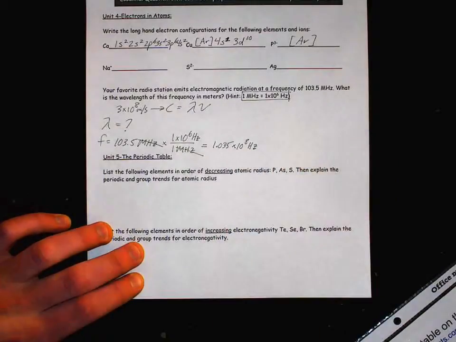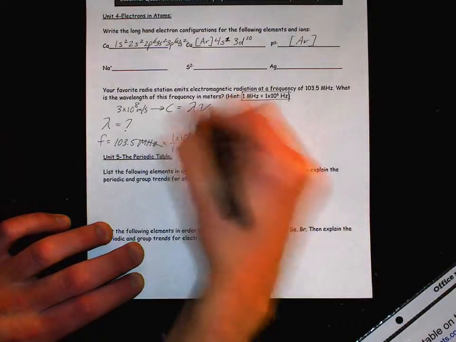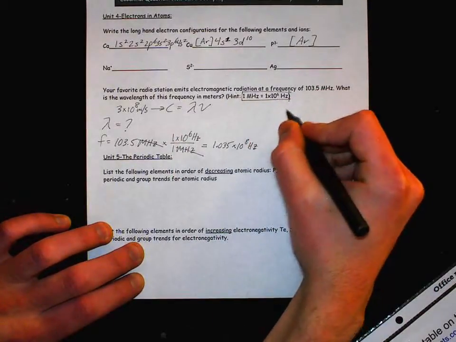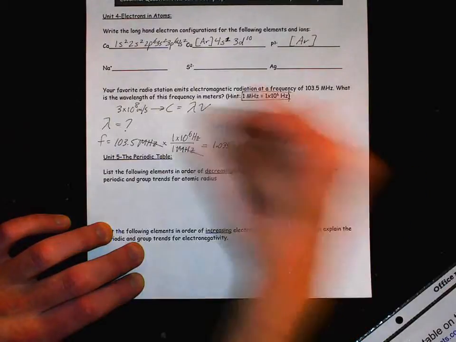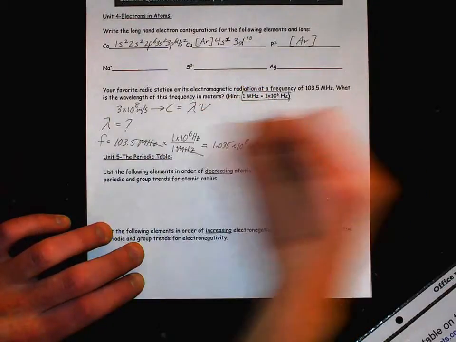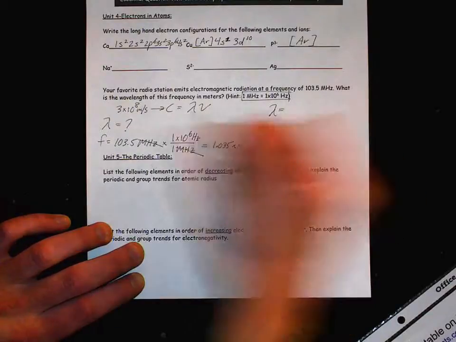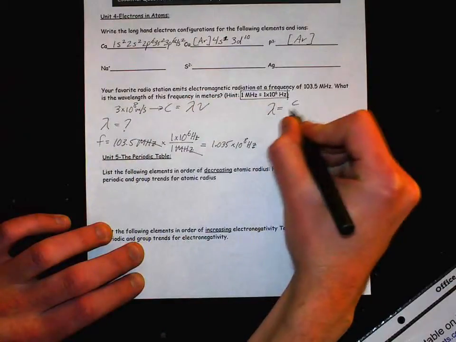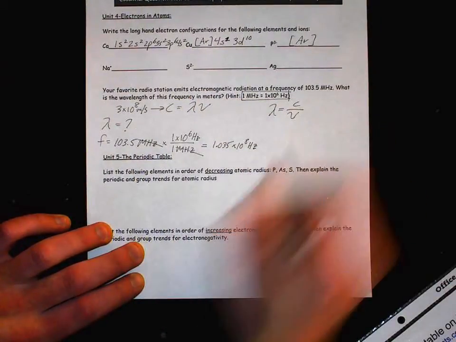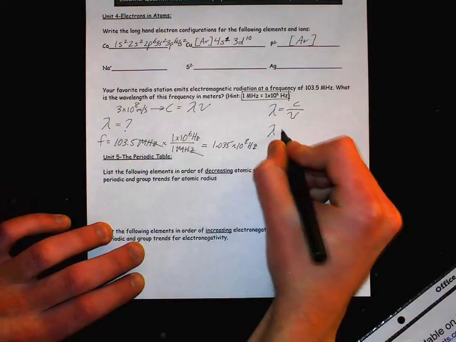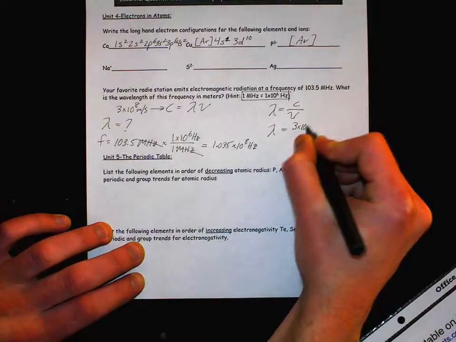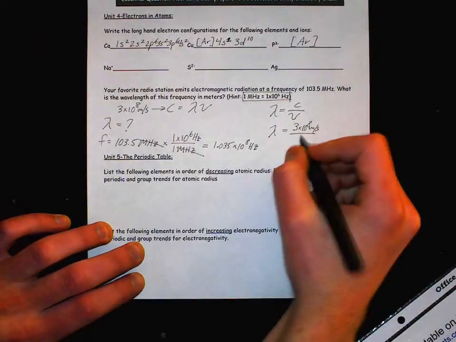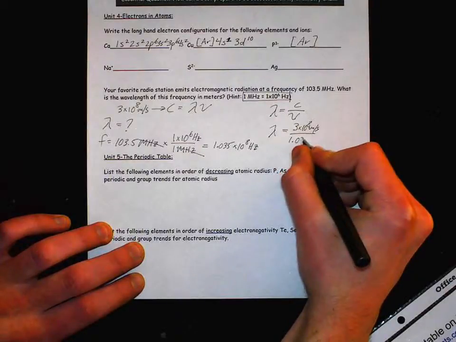Okay. So next step is we're going to plug into C equals lambda V. So C equals lambda V, we're solving for wavelength. So let's get wavelength isolated. We're going to divide both sides by V. So wavelength is going to be equal to C divided by V. We're bringing this guy over to the other side. So C over V. Okay, so wavelength equals 3 times 10 to the 8th meters per second over our new value for hertz,